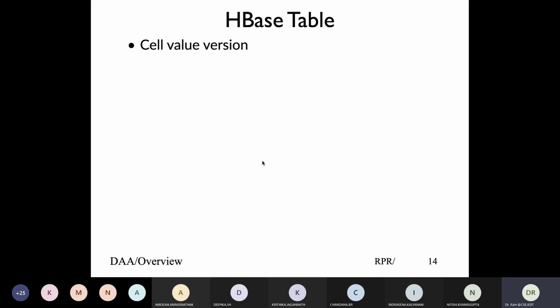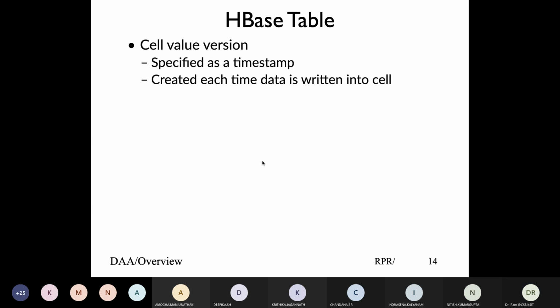As we said, anytime you write data into a cell, it is not overwritten, a new version is created, and typically the version works like a timestamp. Each time data is written into a cell, the timestamp at which it is created becomes the version number, and since time is always increasing, the version number would monotonically increase.